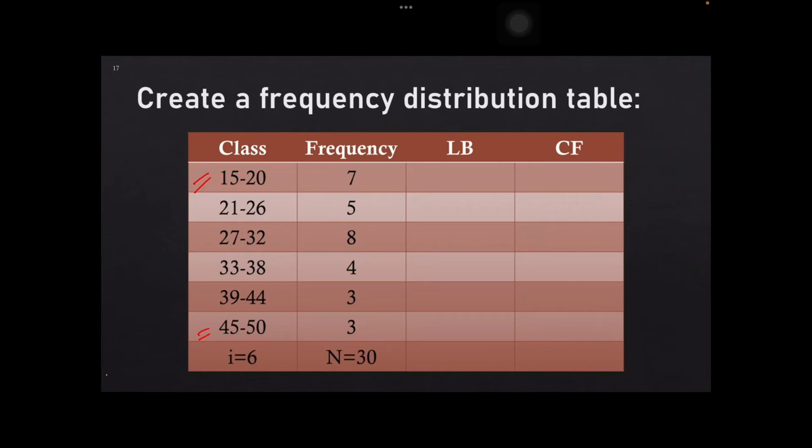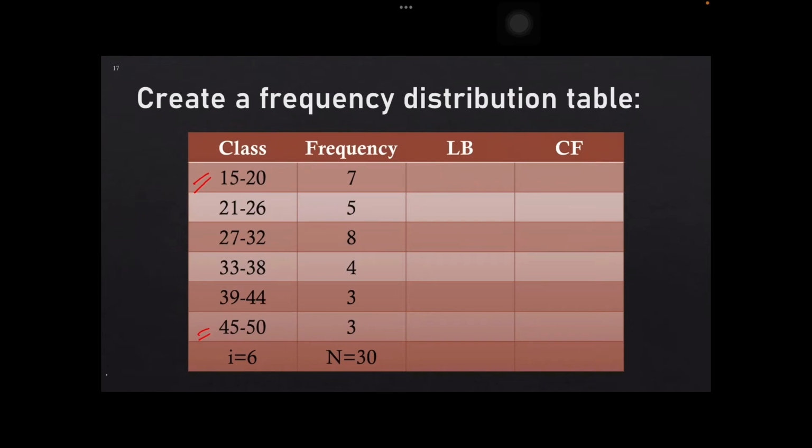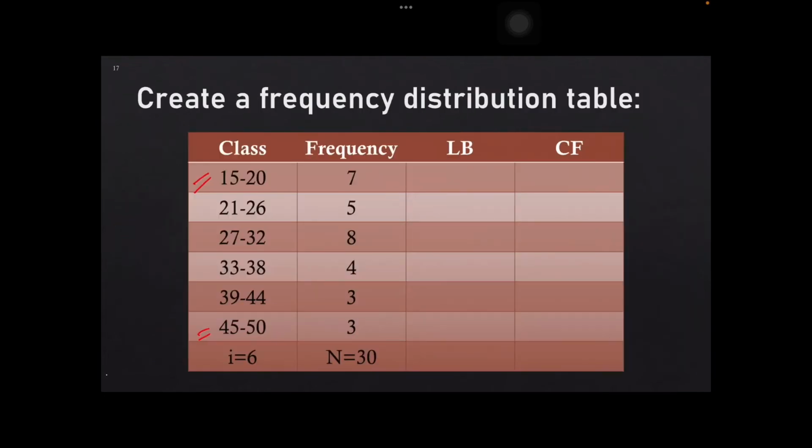Okay? So, tingnan lang natin kasi nailagay ko na dito, no? Balikan lang natin. Ilan yung 15 to 20? So, you arrange your data from smallest to biggest so that it's easier to count. So, ilan po yung 15 to 20? Ito yan. So, bibilangin nyo lang. 1, 2, 3, 4, 5, 6, 7. So, kaya po siya naging 7. Okay? And then, 21 to 26. Ito po sila. Ilan yan? 1, 2, 3, 4, 5. So, that's why it's 5. And so on and so forth.